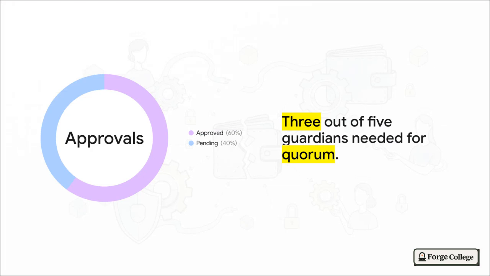Take a look at this. Let's say you require 3 out of 5 guardians to approve a recovery. Okay, that reduces friction. You'll only need to track down 3 people to get your funds back. But it also means a coordinated attacker also only needs to compromise those same 3 people to breach your wallet. So it's a super delicate balance. Lower thresholds mean much faster access, but higher vulnerability.